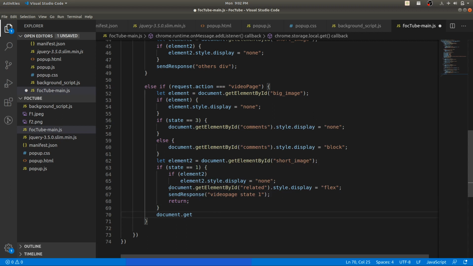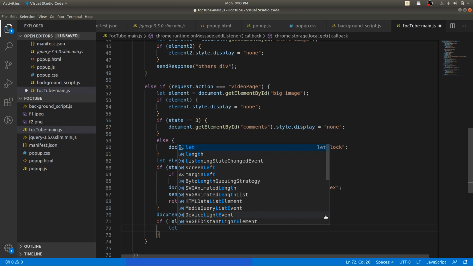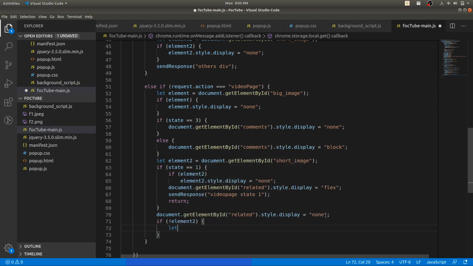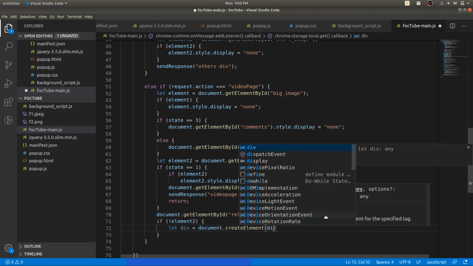Otherwise, what will we do? We will get the element related and hide that element. Because if the state is either 2 or 3, meaning focused or super focused, in both the cases we are hiding the site suggestions. That's why we will be hiding the related part.